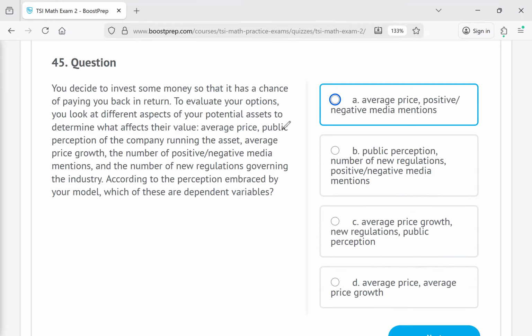So according to the model, you're investigating how the value of assets is affected by certain factors. With this in mind, the dependent variables are those that describe the value of the assets, average price and average price growth. These then depend on the variables such as public perception. So dependent variables are the y values, which depend on the x value. So it would have to be D because D represents the y value, right? Average price growth, which